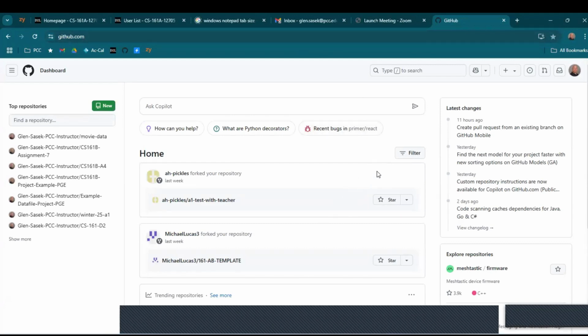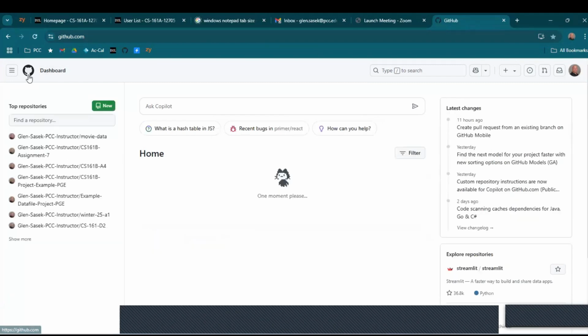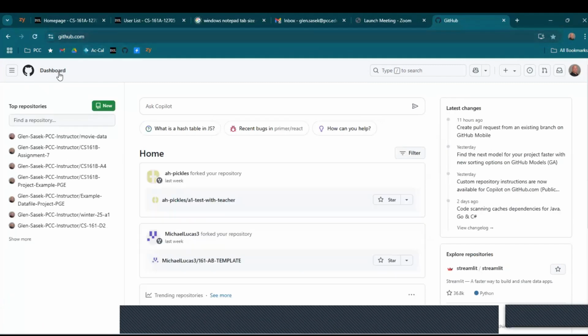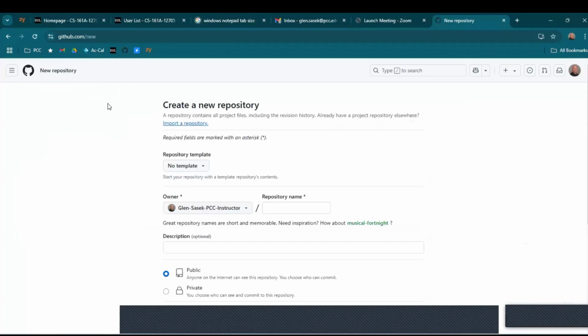So I'm already logged in. If you're not logged in, you need to make an account and log in. But nothing else really has happened here. So the first thing you want to do is click new. So you get new repository and just